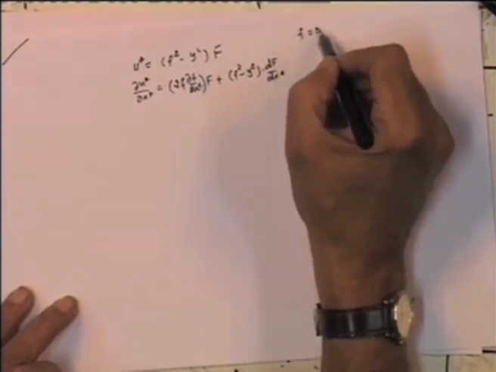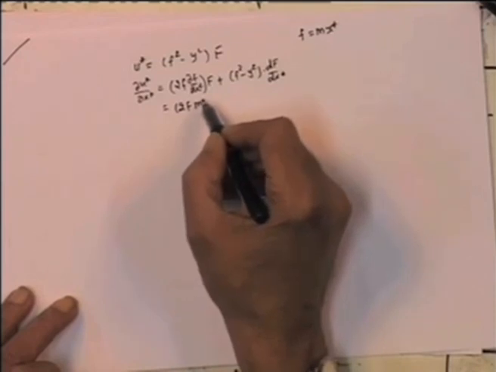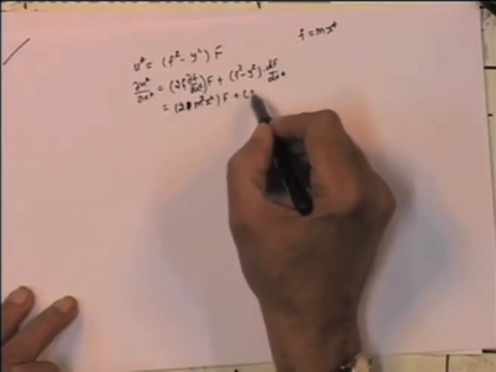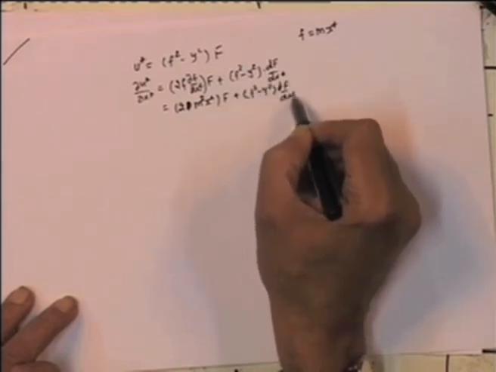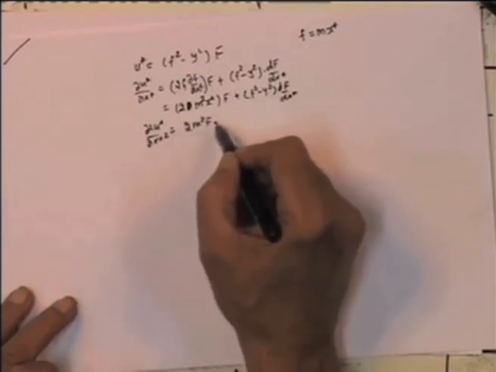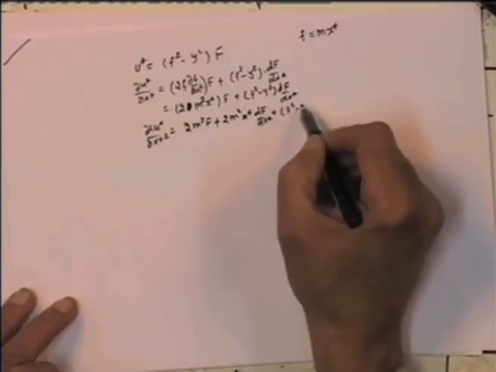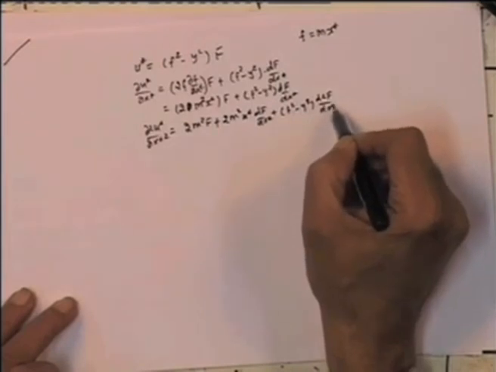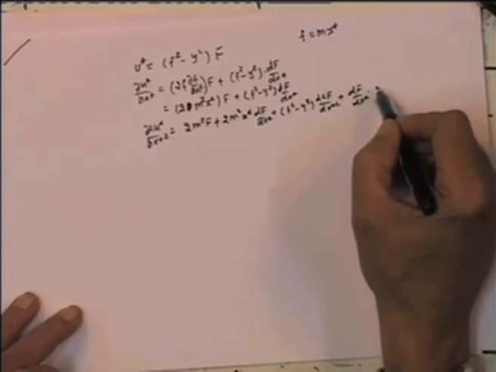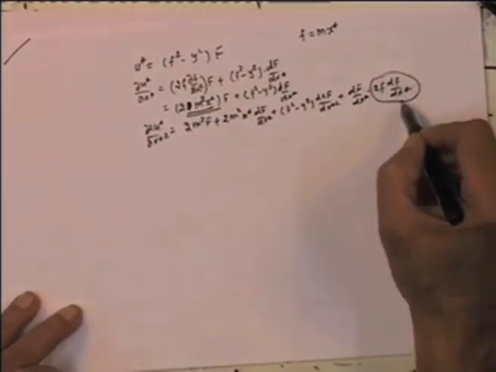and remember f is equal to m times x star, and therefore, this simply becomes 2 f m into m square x star into f plus f square minus y square df by dx star, and d2u by dx star square will become 2m square f plus 2m square x star df by dx star plus f square minus y square d2f by dx star square plus df by dx star into 2f df by dx star, and that we saw is equal to 2m square x star,